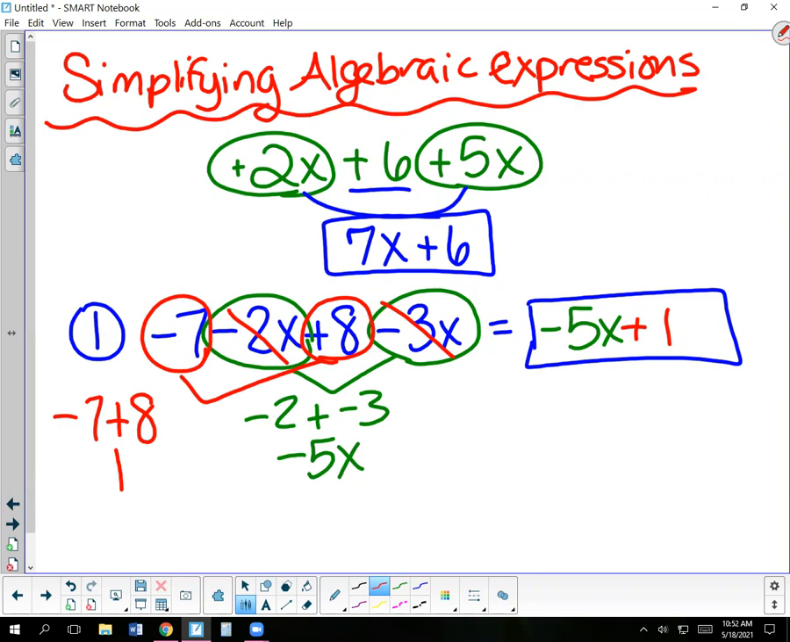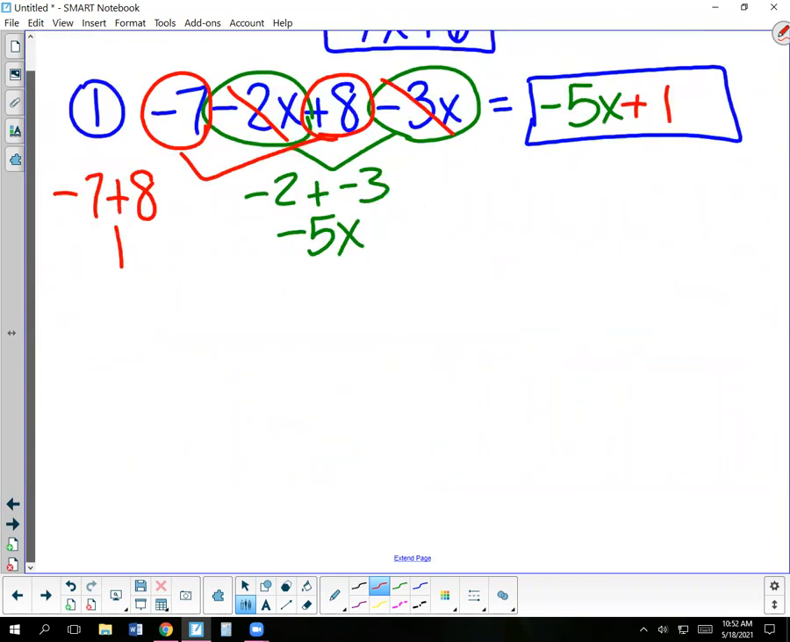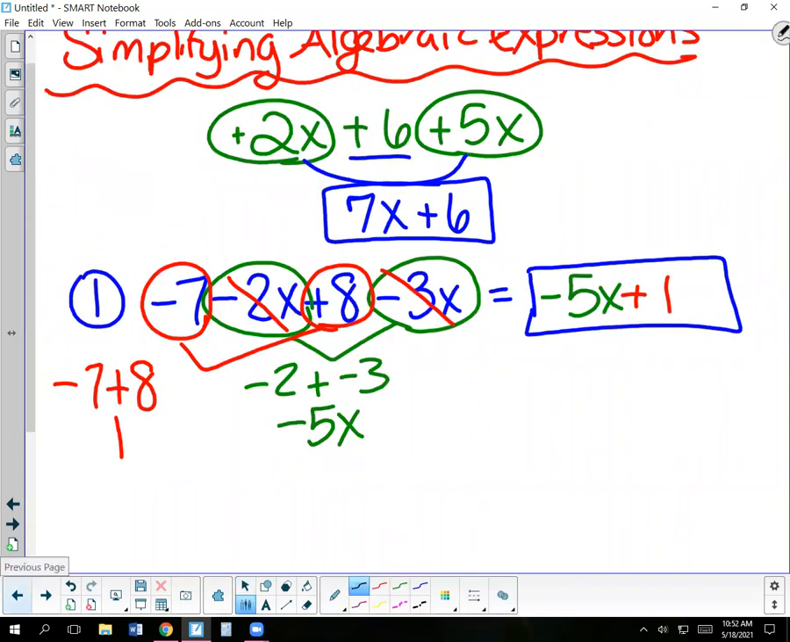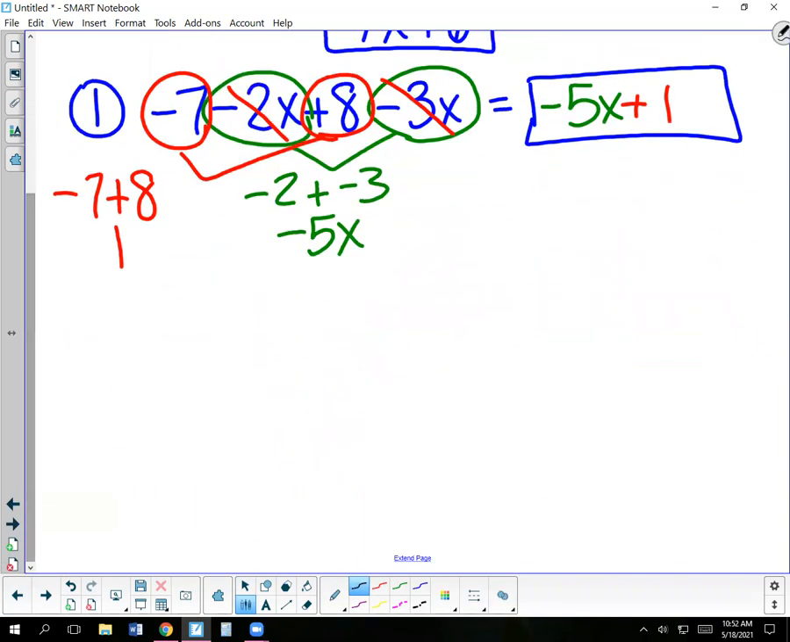Okay, so again, the only difference is now we're applying that integer concept. Now, right now, we're just using the good versus bad method, okay? So, let's look at another one. Again, same concept. Okay, number 2, let's look at